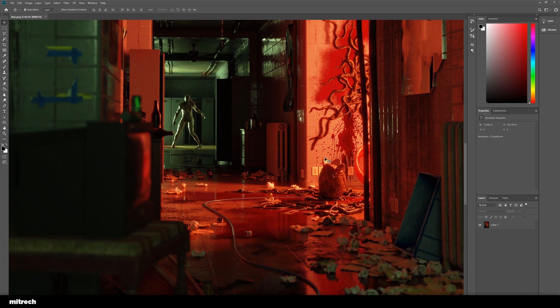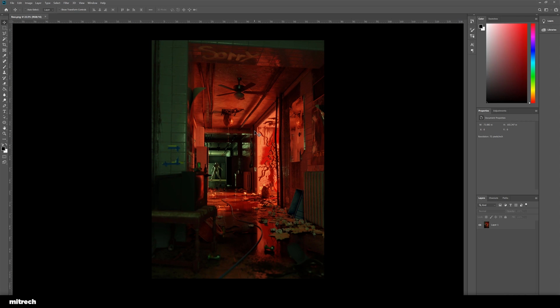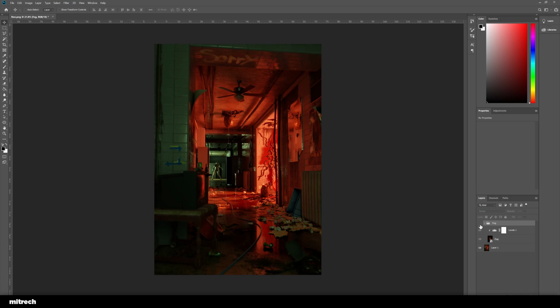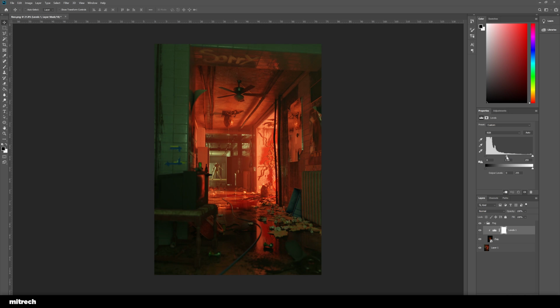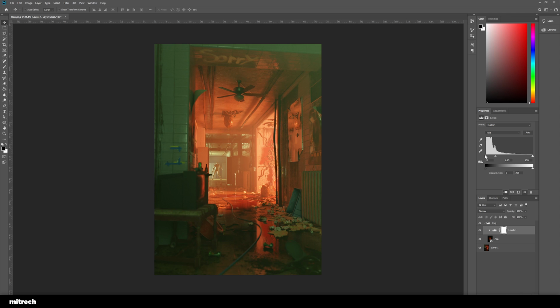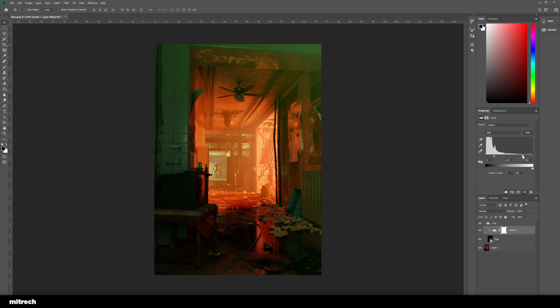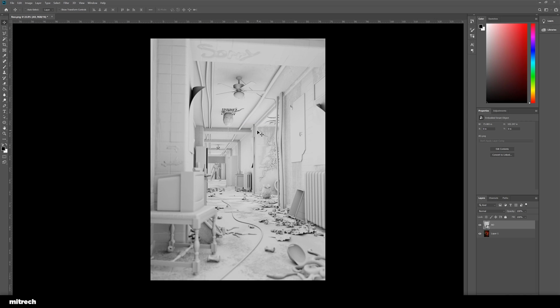The reason I like doing the fog in a separate pass is because then I can go into Photoshop and control the strength of the fog. If we were to render the scene with the fog embedded into the raw render, then you're not going to be able to take away from the fog, make it more intense, or change the color of the fog, right? So just do that in a different pass and you're going to thank yourself.